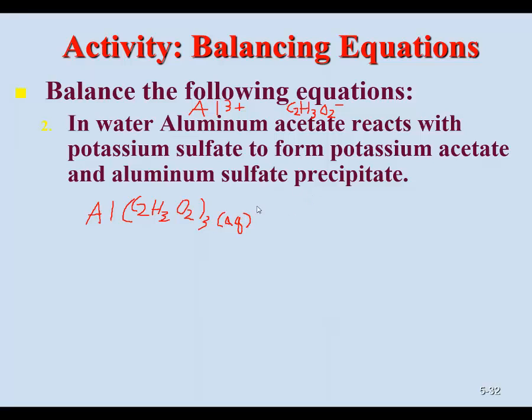Okay, it's reacting with potassium sulfate. If I think about my formulas for the potassium cation, it's a +1 charged cation. It's an alkali metal. The sulfate anion is SO4 2-. So I'm going to need 2 potassiums to balance the charge on the sulfate. So I ended up with potassium sulfate in water. Okay. And then that's going to yield